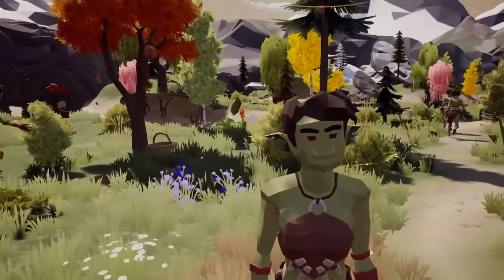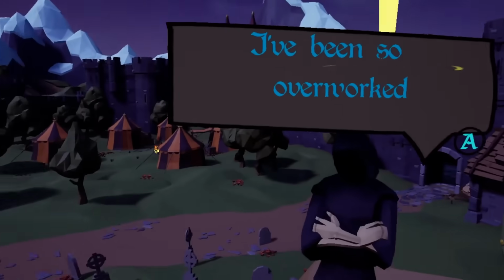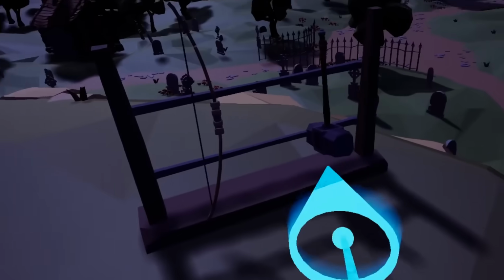And it will take you to the second level where you are basically walking back from the forest and you will run into Death, who has been extremely overworked. You can talk to them, but for this playthrough, we will go to the crafting level